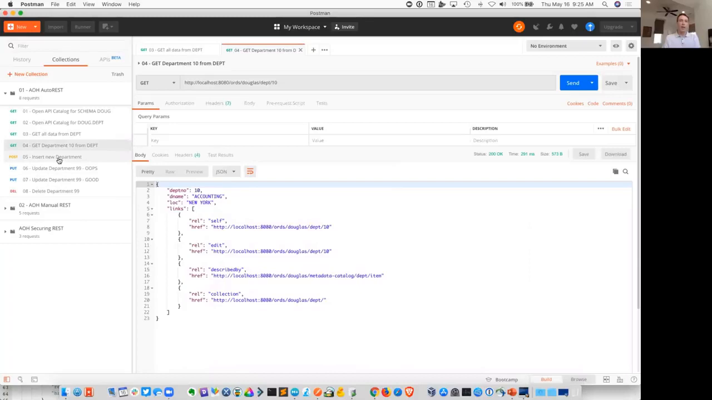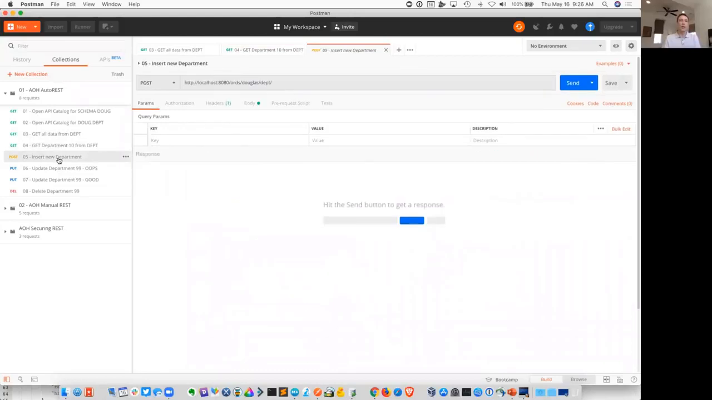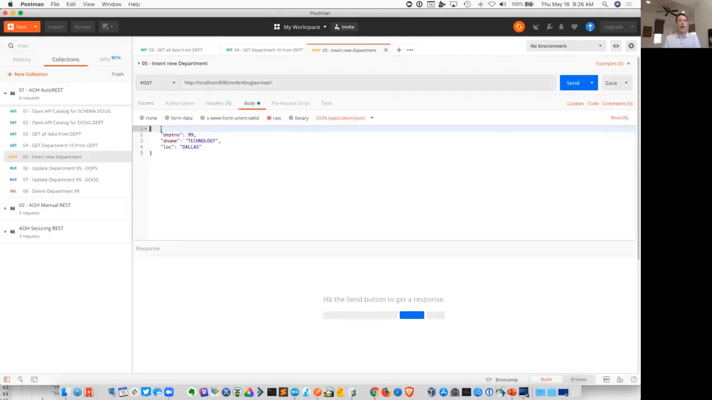In this case, the next thing we want to do is to do an insert. I want to create a new department. An insert is related to a post in terms of HTTP. So I basically say I want to post to this URL, and I want to provide what the data is. To do that, I provide the data as a JSON document in the body of the call. And the items that I include in here are related directly to the column names of the table: department number, department name, and location. So if I go ahead and post this now,